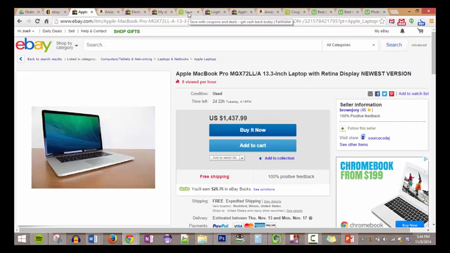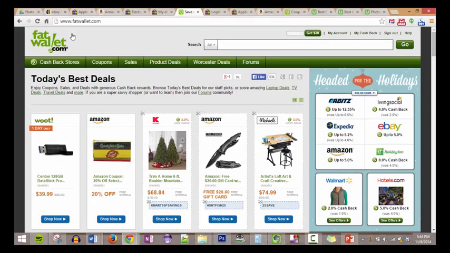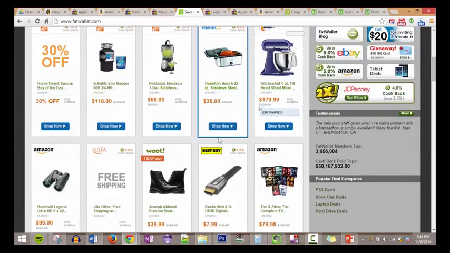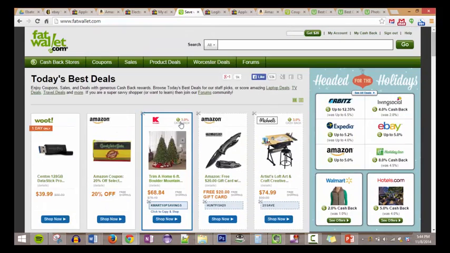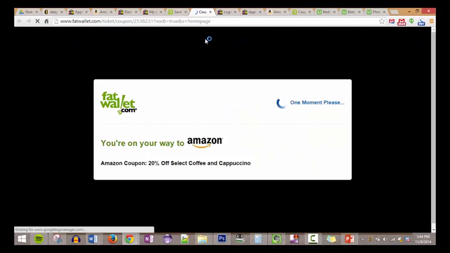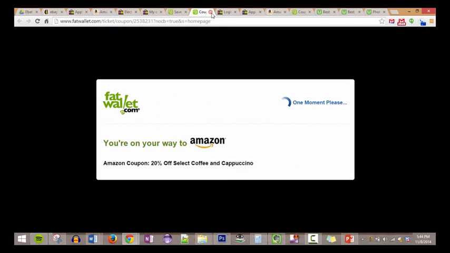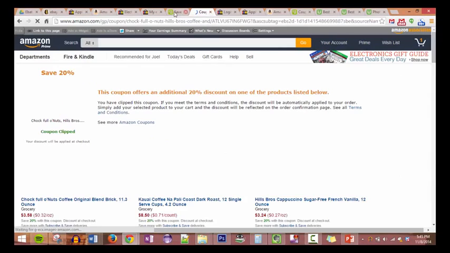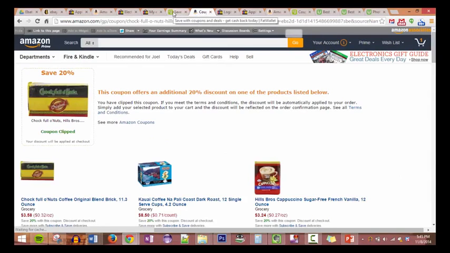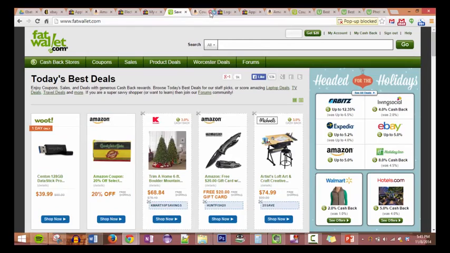The other site which is comparable to eBates is Fat Wallet. I don't use this website that much, but I can show you that it's the same system. You go through here, you find your store, click on there. They then will send you to the store's website, and from there you just shop the way you would normally do, and you would earn a percentage of your spending. Basically, Fat Wallet would give you a percentage back of your spending, and